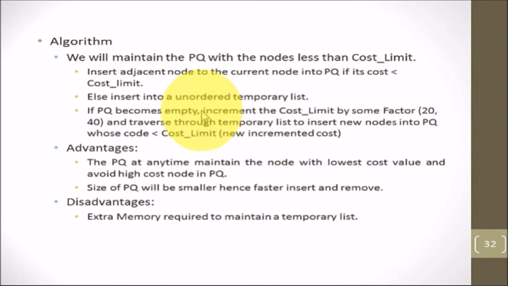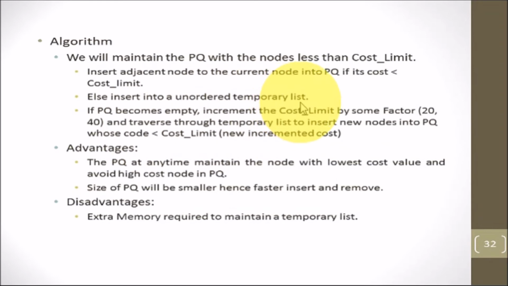So when the priority queue becomes empty for the first time, it means that the algorithm has processed all the nodes with a cost less than the cost limit, which is 20, and it has to process nodes which are higher than the cost limit. So we increment the cost limit from 20 to 40, doubling it, and then we traverse